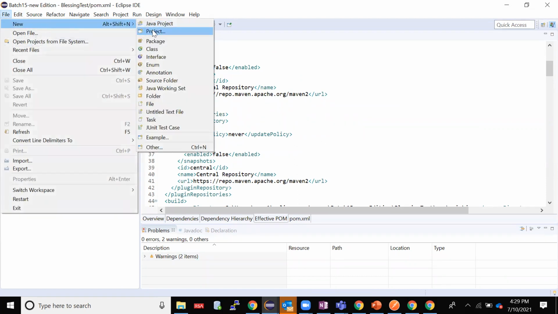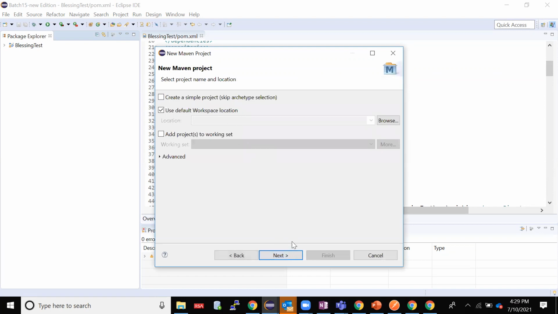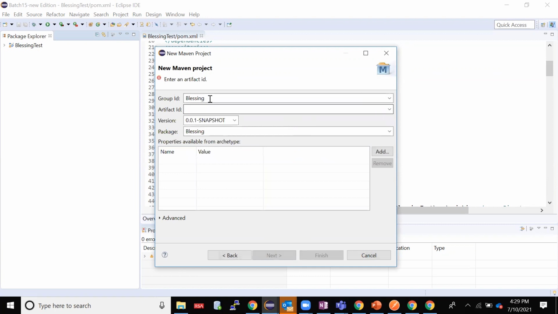New project. Here from the list, Gradle, Java, Maven, you just select a Maven project. Just click on next. Here, I'll give SpiceJet.